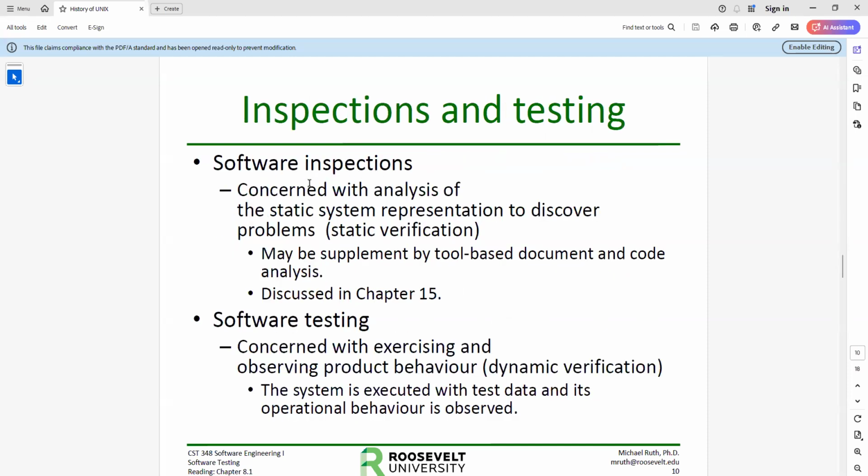All right. So software inspections. This is concerned with analysis of the static system representation to discover problems. You go, wait, what? We'll talk about this in more detail, but hopefully you've already done this. You have your program, your homework, whatever you're doing, and you reviewed it to see what it does.